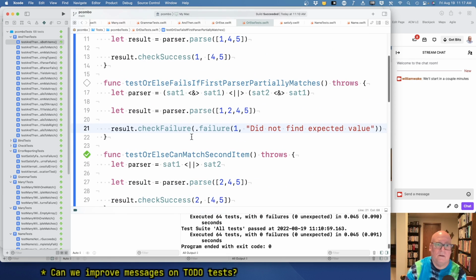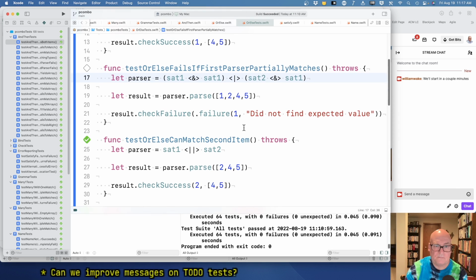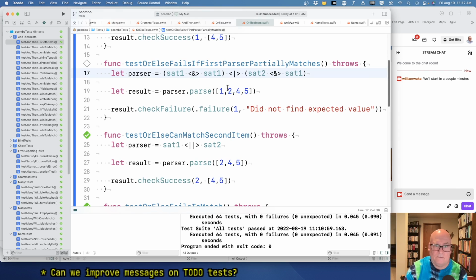Okay. Yeah, so OrElse fails. It partially matches. It finds 1, 1. It fails the inner parser, so it should fail instead of backtracking